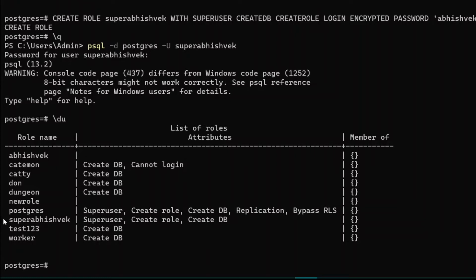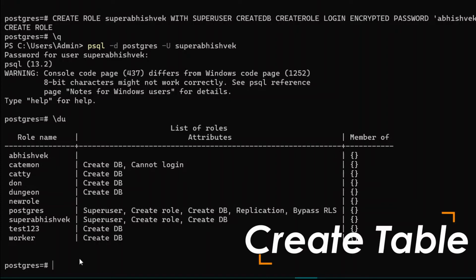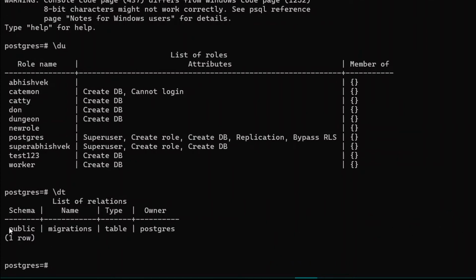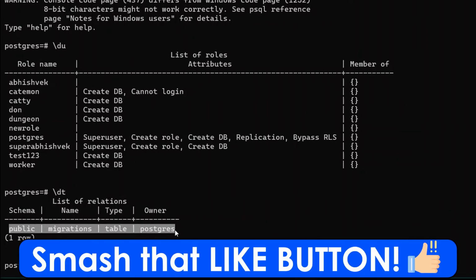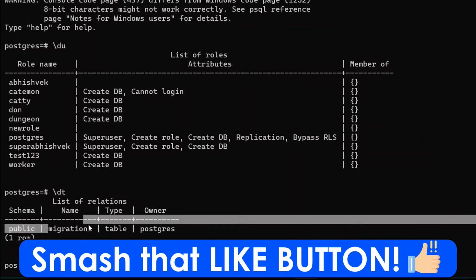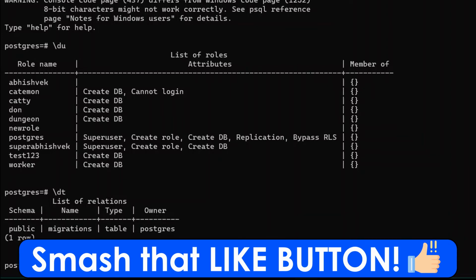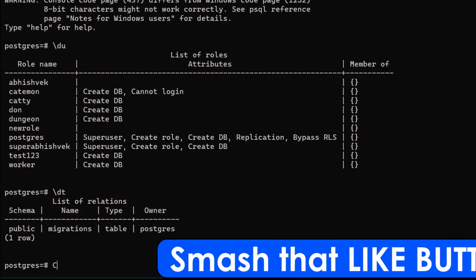So now as we have learned the following formula of creating a new super user and also a normal user, let's create tables under our entire database. Now tables are going to be a form of collections in which we are going to store all of our data. So for creating a new table, first of all let's add a command of \dt, and the following \dt shall be simply giving us all available tables under our Postgres. And by far now I only have a single table of migrations which was default by using TypeORM. But regardless of that, let's create a new table.